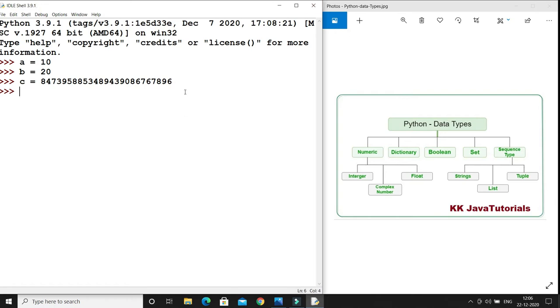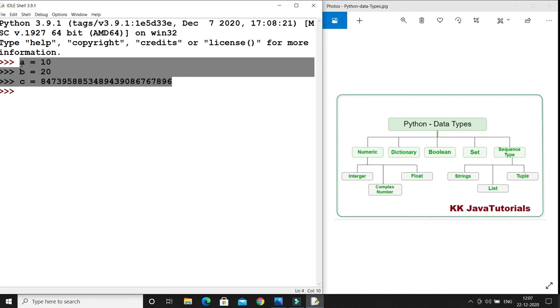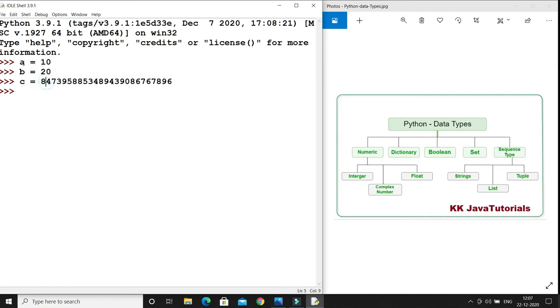In Python, everything is an object. So here I have created three variables, which means I have created three objects. If these are objects, then we can check the type of these objects as well, and that's what we have the function called type for. Using the type function you can check the type of these objects. So simply write type and pass the variable. In this case I pass a, and here you can see the type or class of this variable is nothing but int.